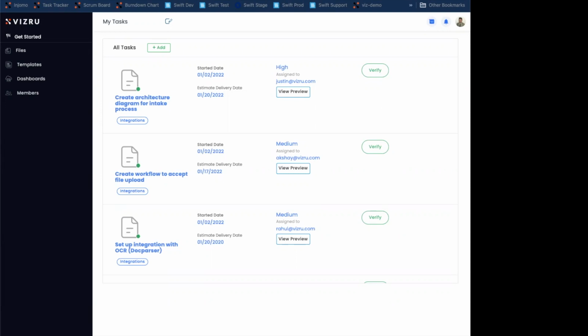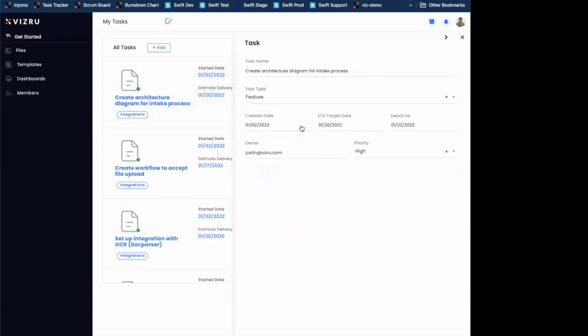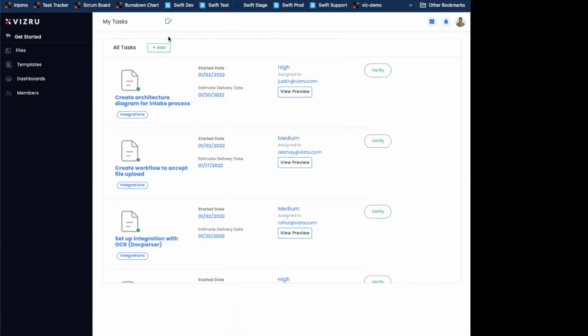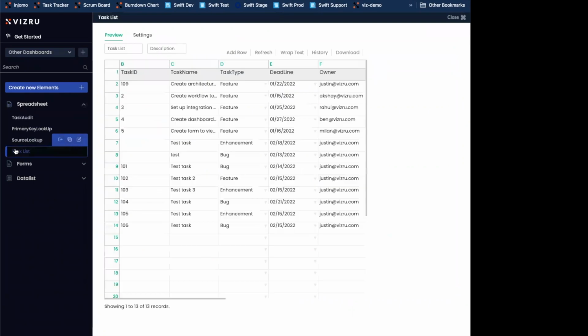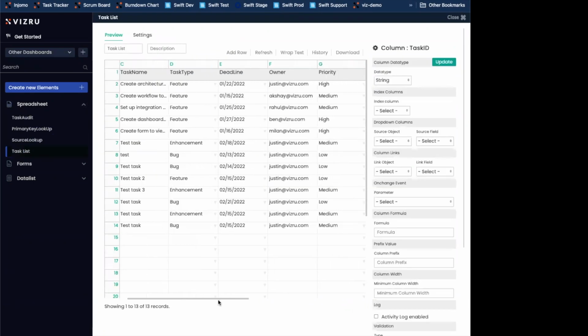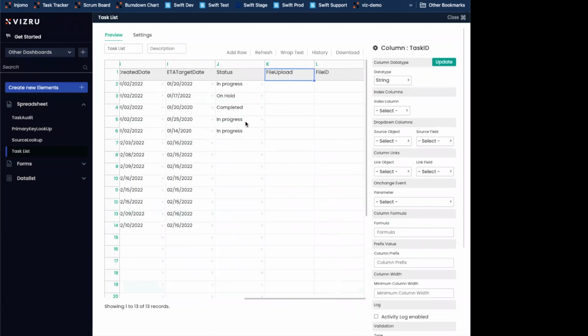Yeah, hey guys, so the first thing I'll show you how to do is to add a file upload capability within the form. So, suppose against a task, you want to add documents to help support completion of a certain task. The way we'll do that is the first step will go into the task spreadsheet. All right, so we'll locate our task list spreadsheet. Okay, and then we're gonna want to add a column here for our file upload. Okay, and now notice I already have it here, but the column data type must be file. Okay, so once that is added,